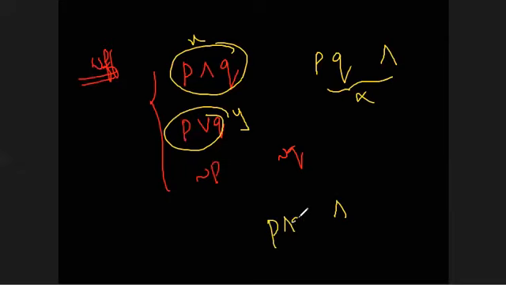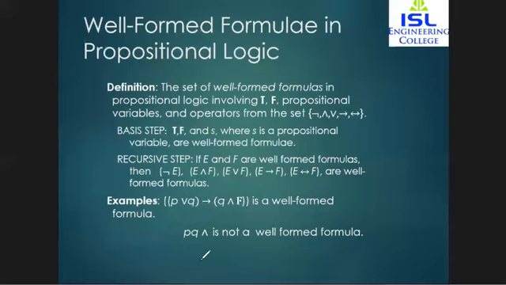Suppose I'm using and, then p and q, and p or q. What are we doing here? We are recursively joining or concatenating the strings x and y by using the connective and. So this is also done by recursively defined functions, and the well-formed formula is basically another application of recursively defined functions. Well-formed formula in propositional logic.